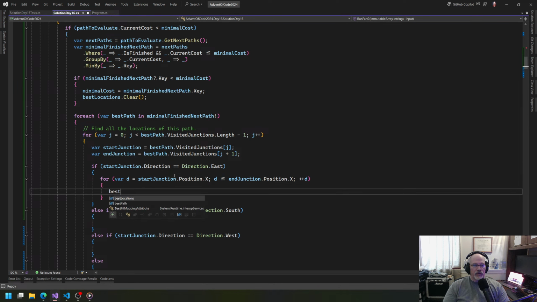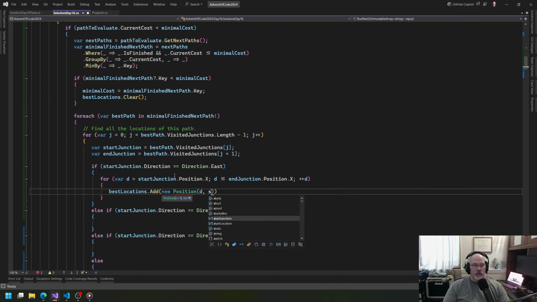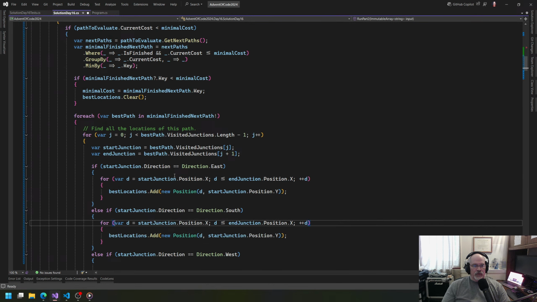So now we say best locations dot add new position where the D is that, and we don't care about what the Y is. Okay. And then we do the same for south. Our direction here is going to be, our start is Y, and this is increasing. So yeah, that's increasing that way. Start junction south is increasing that way. And so this is now reversed. X,